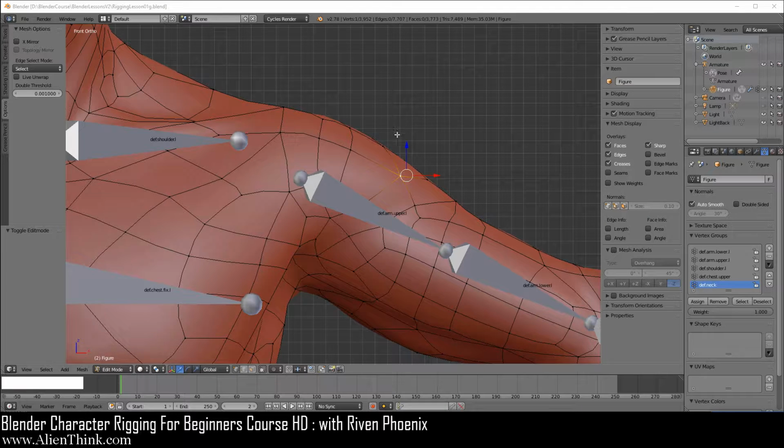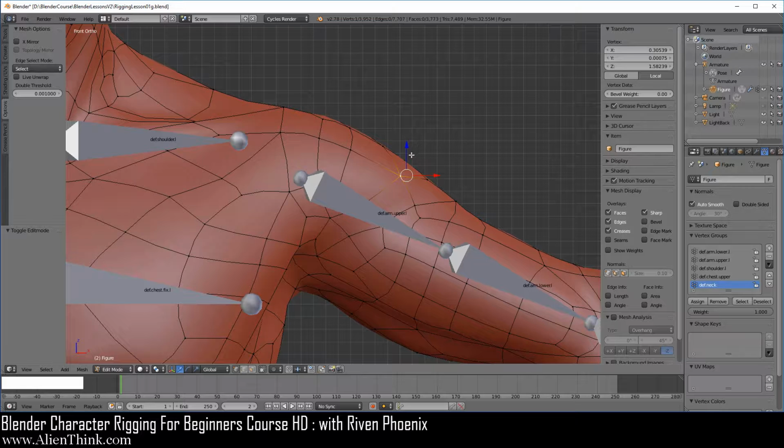To understand this, go ahead and click on this vertex and go ahead and open up this panel. You can see that when you have the vertex selected, you can see the position of the vertex.